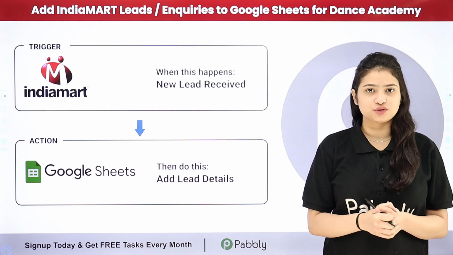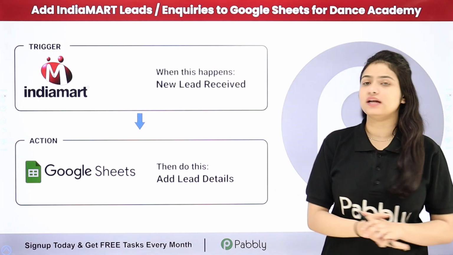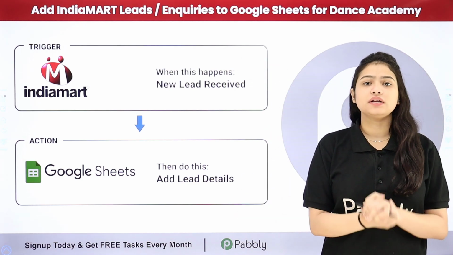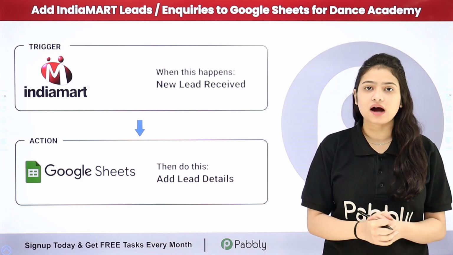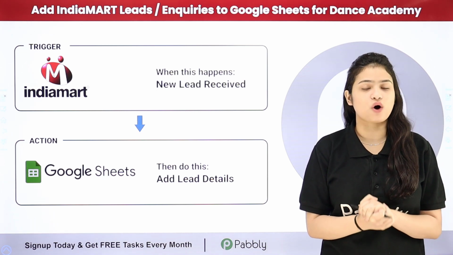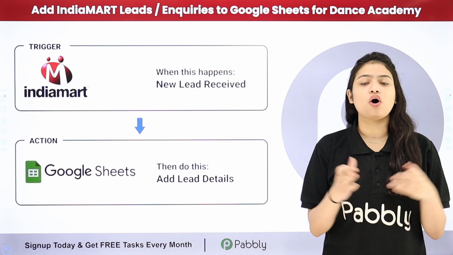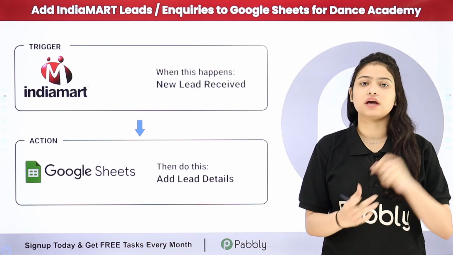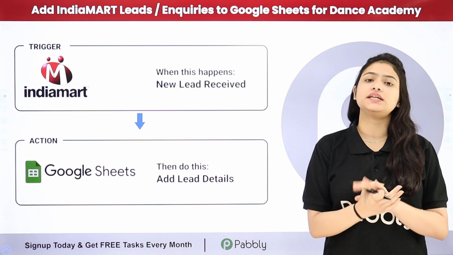In this video, we are going to learn how to add IndiaMART leads and inquiries to Google Sheets for Dance Academy. So here, I am running a dance academy and I'm also promoting my business with the help of IndiaMART. That is an amazing B2B marketplace of India. So my objective is that every time I'm going to receive a new lead or a new inquiry through IndiaMART for my dance academy, automatically a record should be created with all the details of that lead